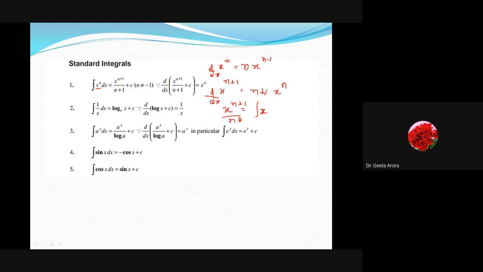Integrating both of the sides, I remove this derivative and I get x^(n+1), and this n plus 1, which is a constant, comes in the denominator. So we get x^(n+1) divided by n plus 1 is equal to the integral of x raised to the power n. But there should be a constant c, so that whatever loss there is, if some constant value exists, we are not going to face it. Correct? So this is how we have calculated it.